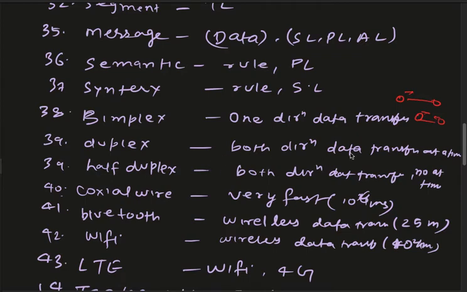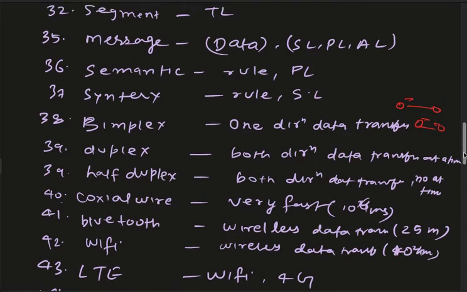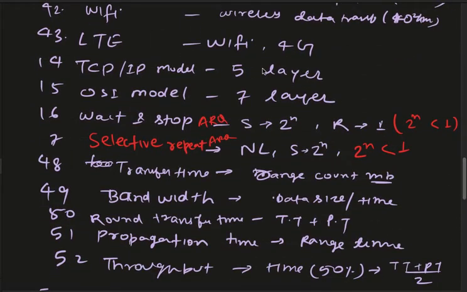Half duplex means both direction data transfer number of times, ठीक है। मतलब एक ही टाइम में एट ए टाइम ट्रांसफर होता हो। अच्छा, डुप्लेक्स में एट ए टाइम होता है, हाफ डुप्लेक्स में अलग अलग टाइम पे होता है, ठीक है। कोएक्सियल वायर वेरी फास्ट 10^6 ms, ब्लूटूथ वायरलेस डेटा ट्रांसफर 25 मीटर्स, वाईफाई वायरलेस डेटा ट्रांसफर 40 मीटर, LTE मीन्स वाईफाई एंड 4G में यूज होता है।